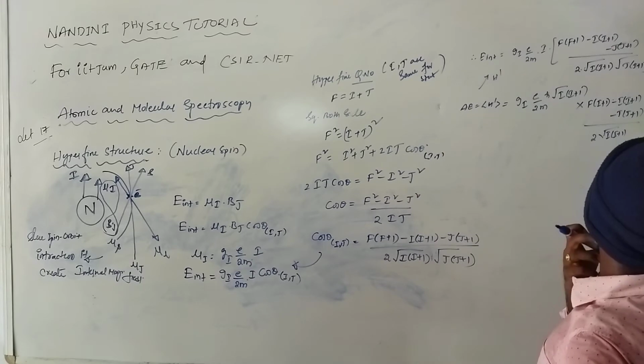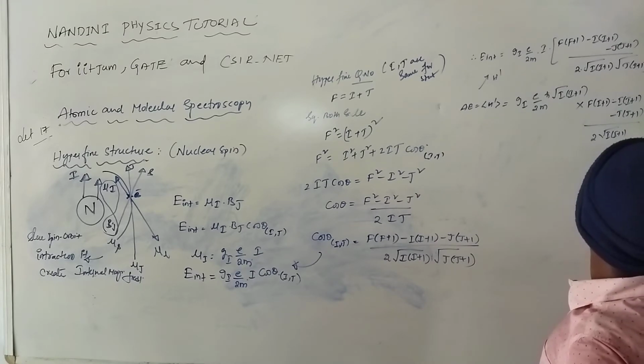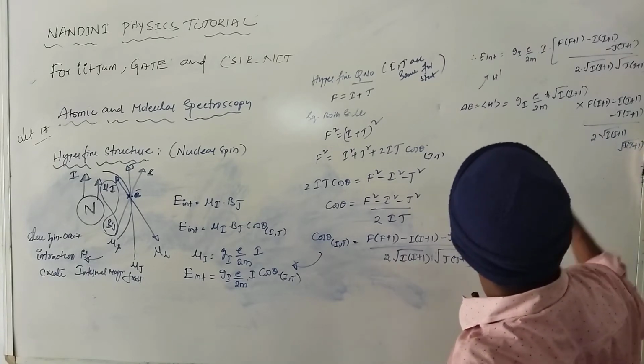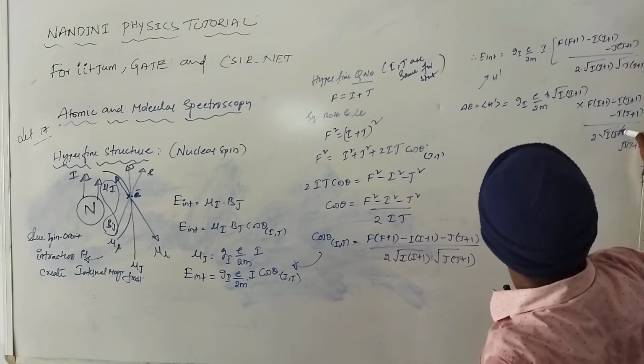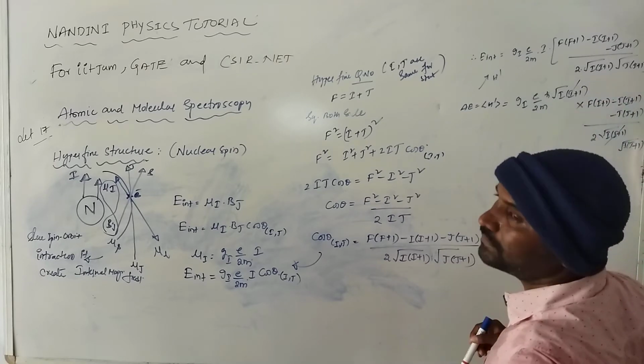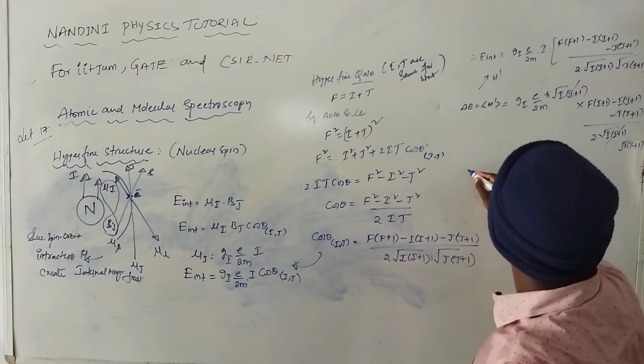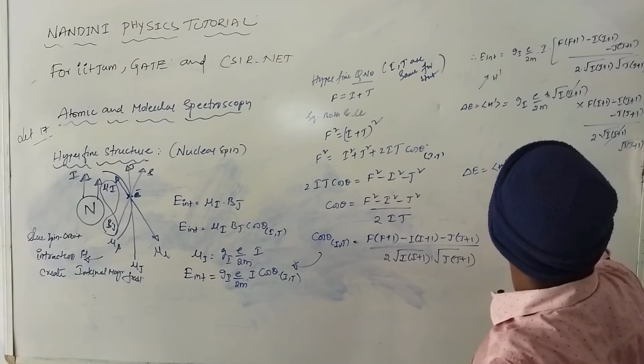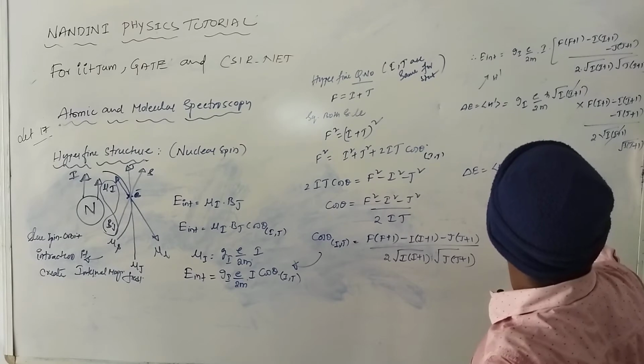Okay. And similarly, j into j plus 1. Okay. So, this is the value. So, simply you will cut this I into I plus 1. Okay. So, therefore, delta E is equal to expectation H is equal to g_I e h cross by 2m